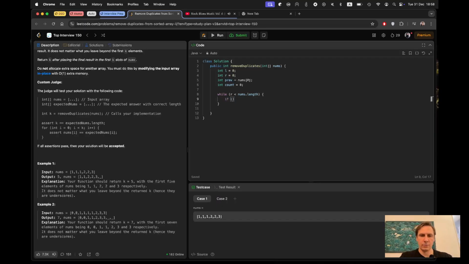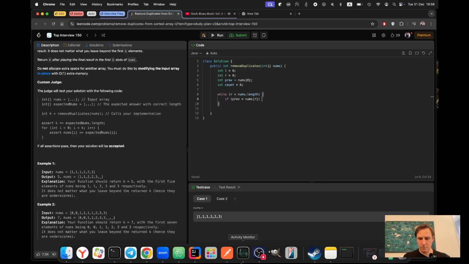So if ref equals nums[r], we are moving r forward, incrementing count, else if count is equal or greater than 2, we have to insert